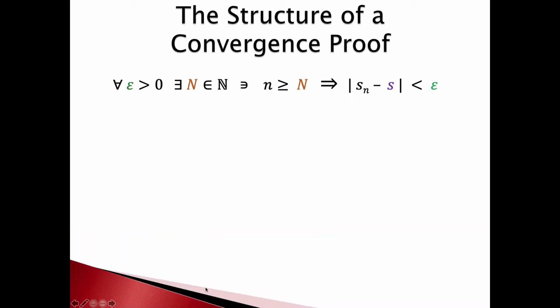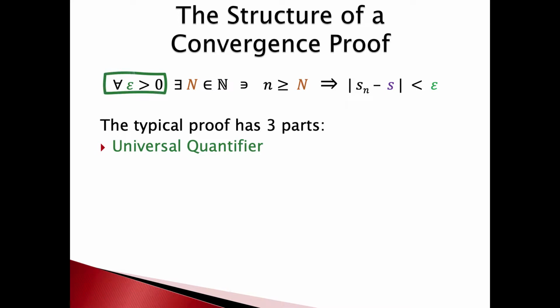Okay, well, what would this kind of rigorous proof that something converges look like? Well, if we remember our definition, it looks like all those pieces there on the screen. Because of the way the definition is structured, a typical proof is going to have three parts. The first thing we have to deal with is the "for every epsilon" at the very beginning. If we remember back to what we were talking about at the very beginning of this course, when we talked about logic and quantifiers and all of that, when we're writing a proof that starts out "for every epsilon,"